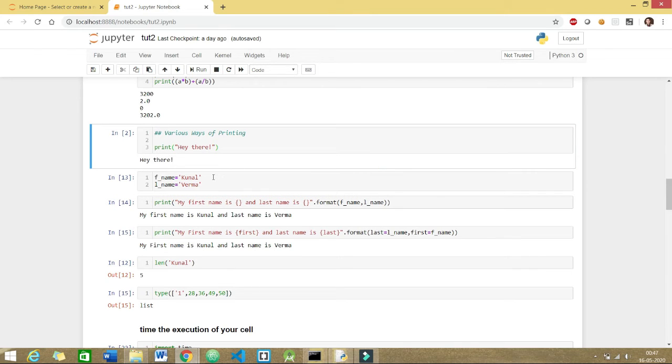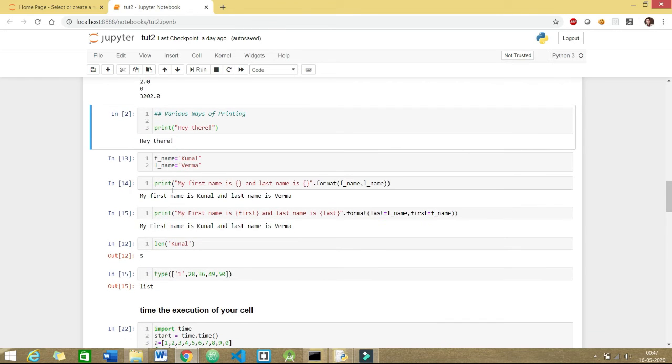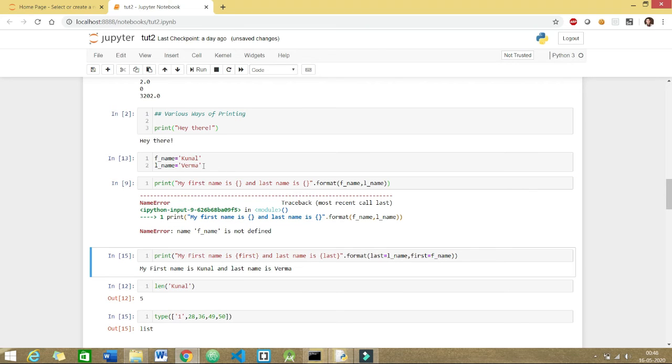And there is another way of printing which I would like to share with you. We can make use of these curly braces and pass the value of the variable to these braces. But here there is a disadvantage. The order should be consistent. Like the first curly braces would contain the first name and the second braces would contain the last name. Right? So if I execute this cell, I would get the same output. Oh, sorry. So I need to, yeah. Now it would work fine.